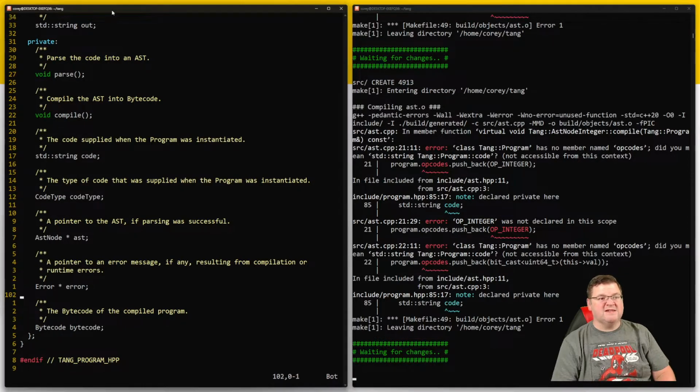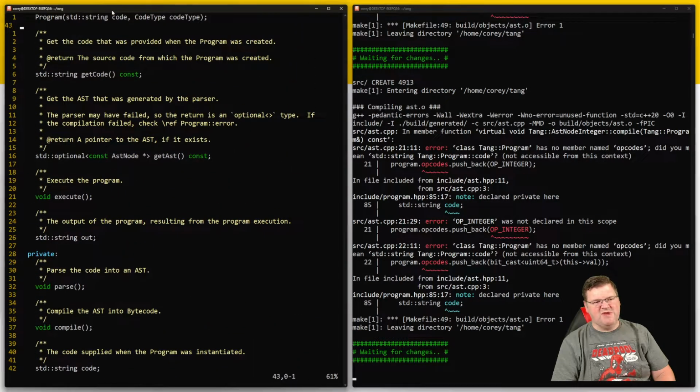Bytecode, but it's private. Bytecode is private, which means, and I don't want to expose it,